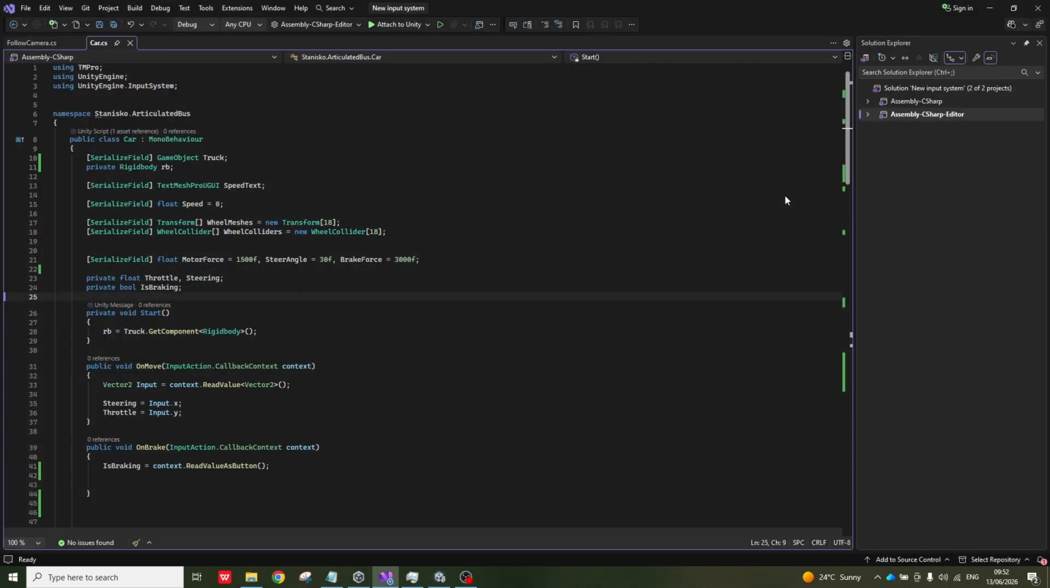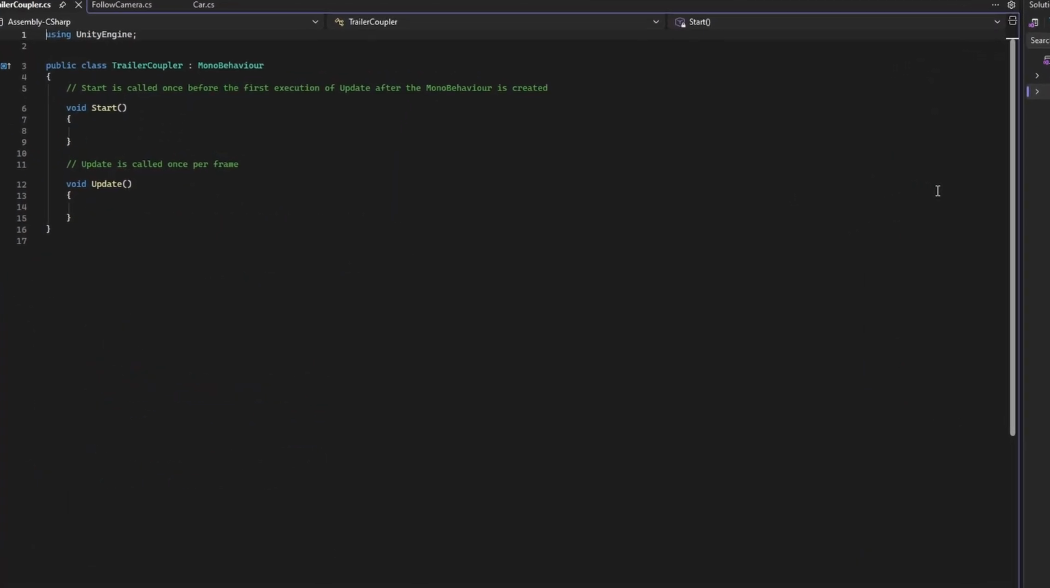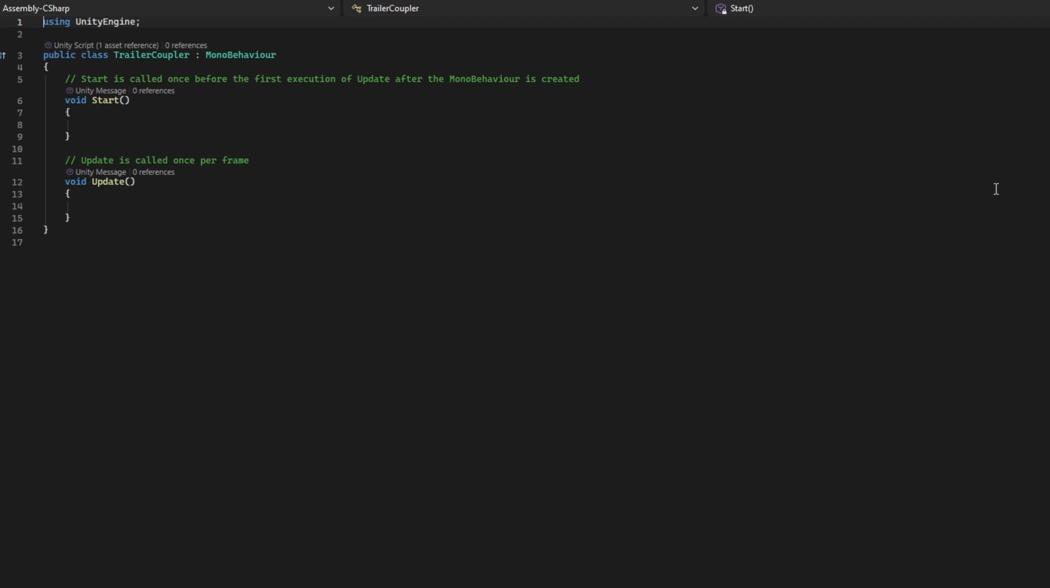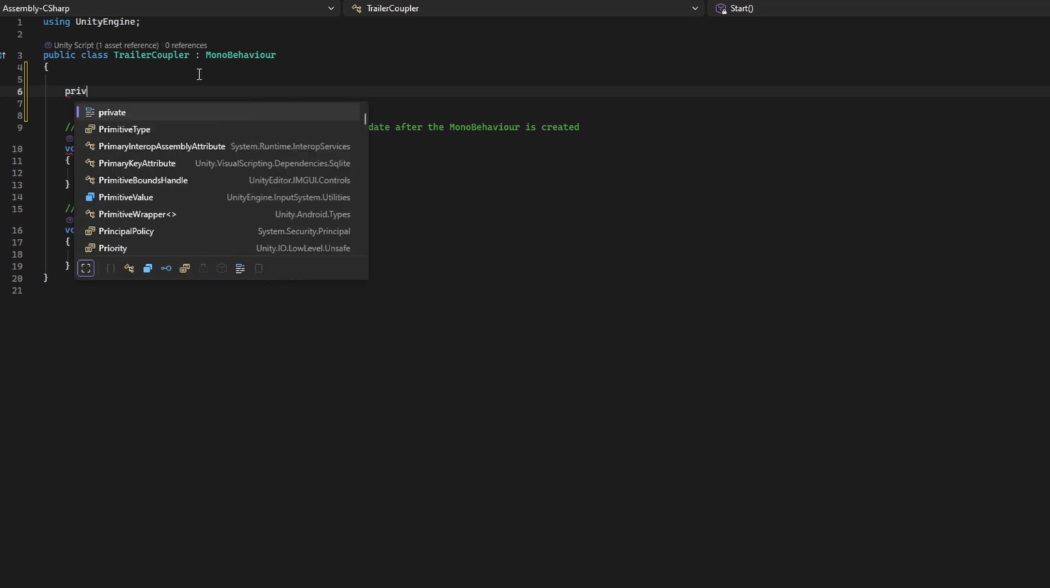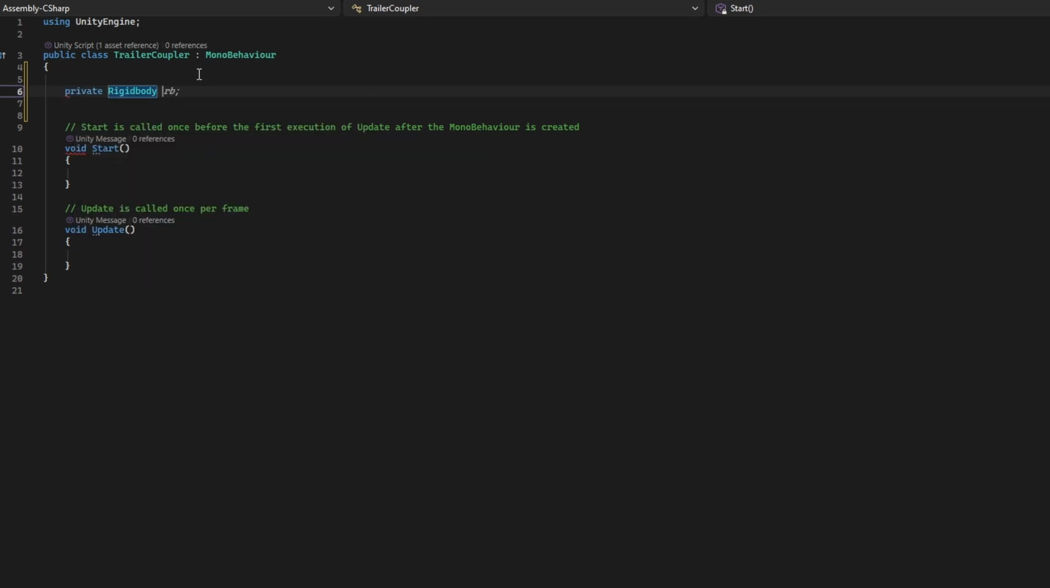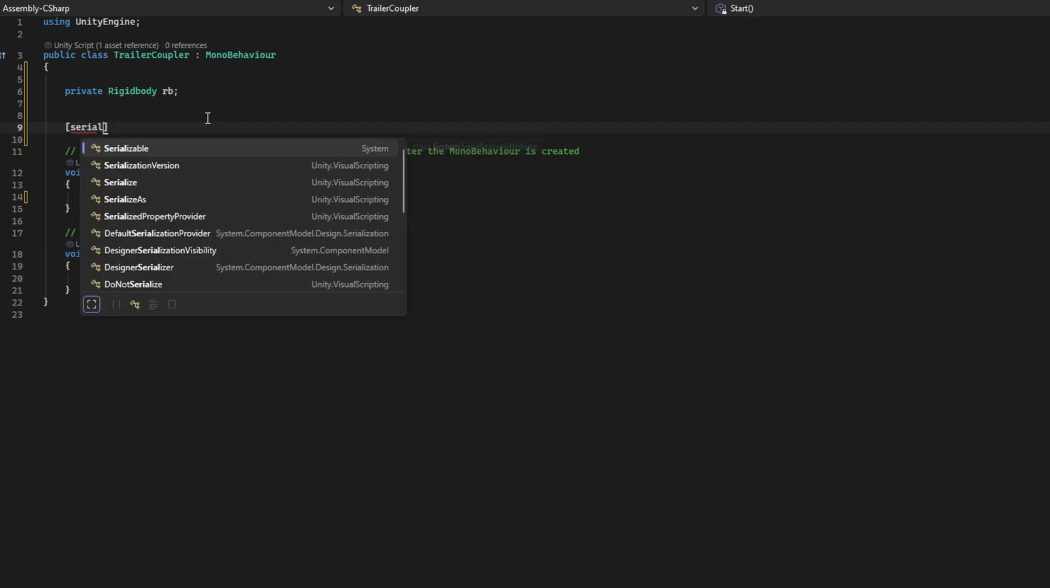Let's do some coding. This is a script that is going to be attached to the trailer. So I'm going to make a rigid body variable. And when the game starts, I will load that component into the variable. A few more references we need: the transform components of the hitch point and coupler point,